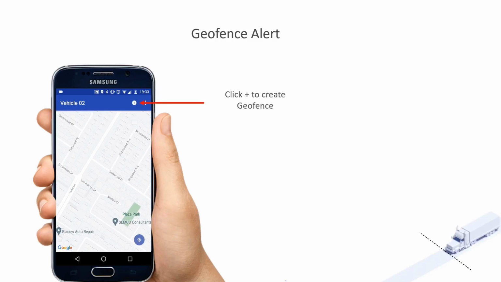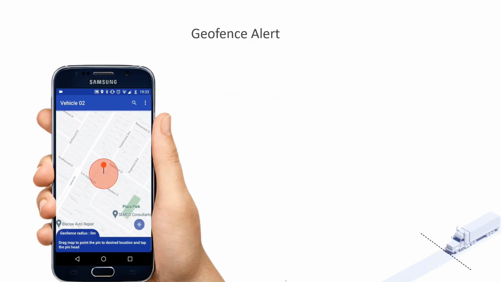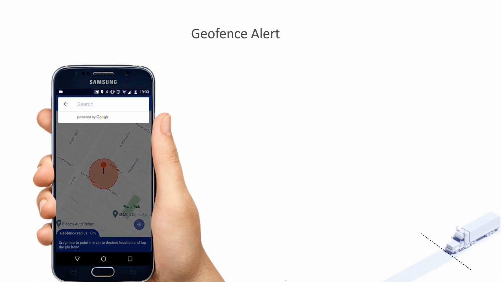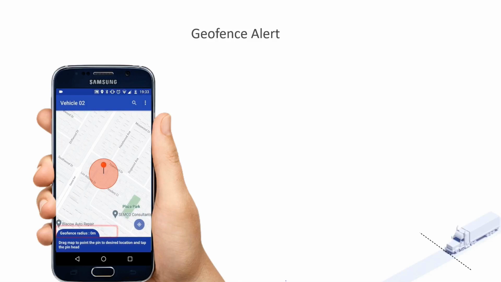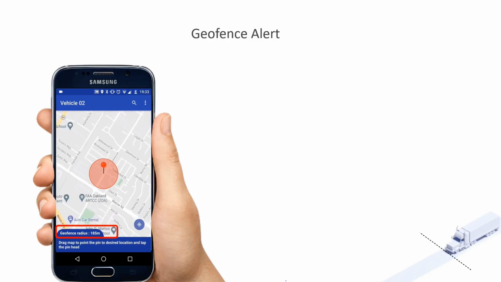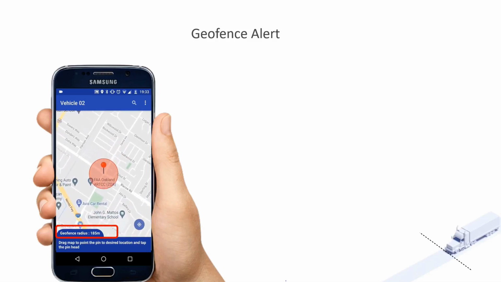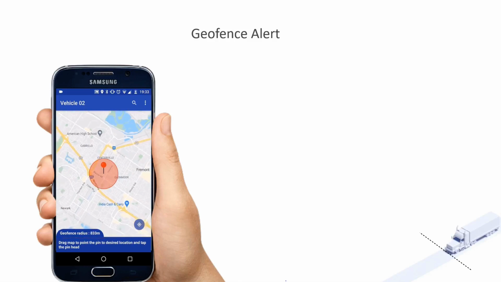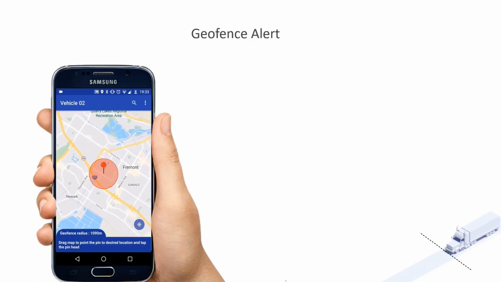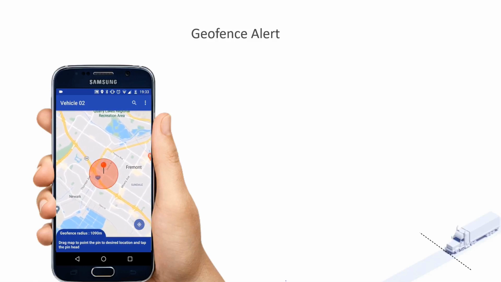On the top right side there is a plus button which allows you to place a geofence. You can also search the exact location to create a geofence. You can zoom in or zoom out to check the range of the geofence that you wish to create. As you can see, the red pinpoint shows the range. You may place it at your location by dragging, and save it.